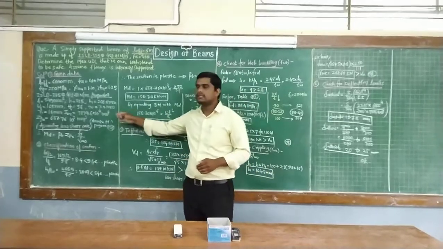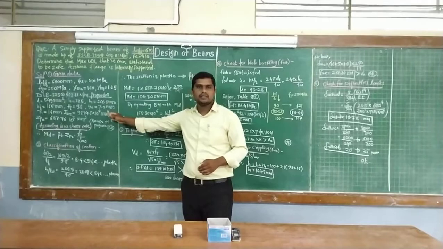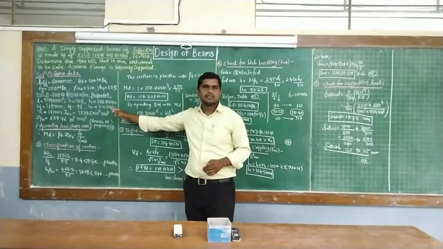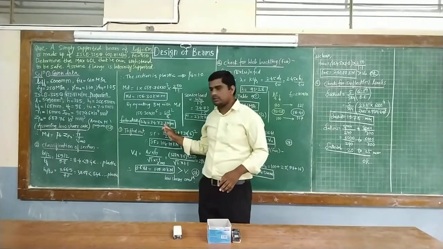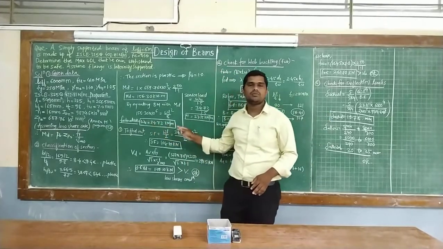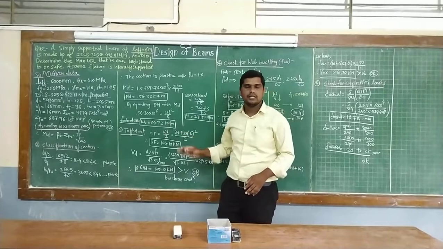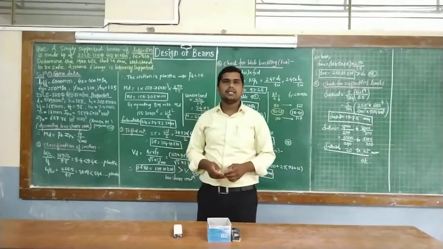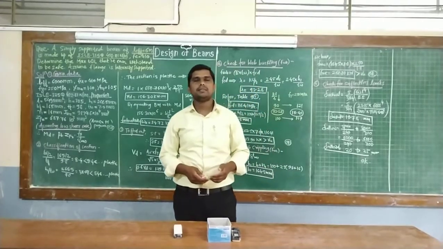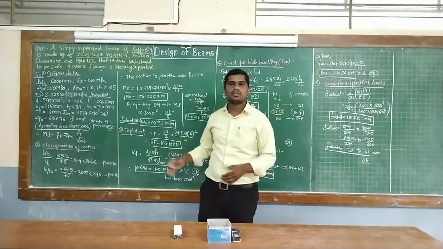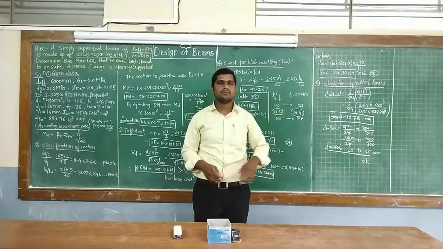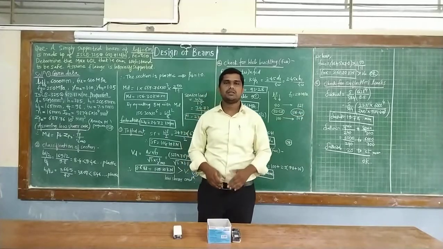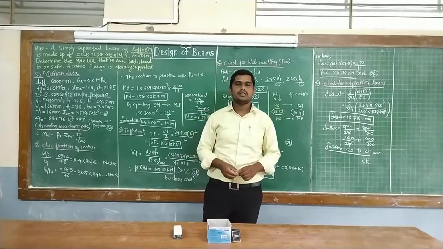Analysis is where the design properties are given to us, and from that we check the deflection and find out the load, such as the uniformly distributed load W. The second type of numerical is design basis. Design basis means the load, UDL or point load, is already given, and from that we find out the dimensions, or the cross-sectional area, for the respective section.